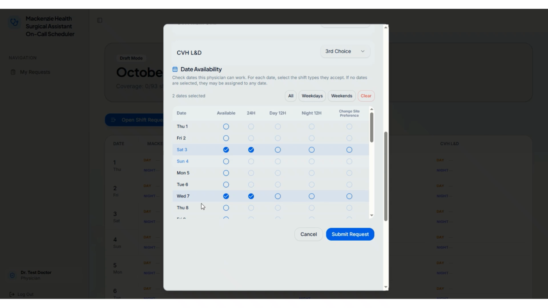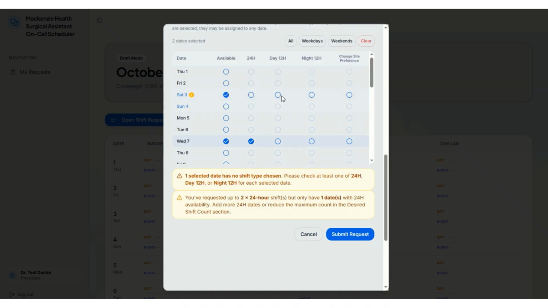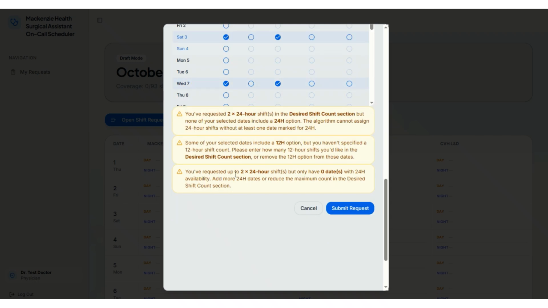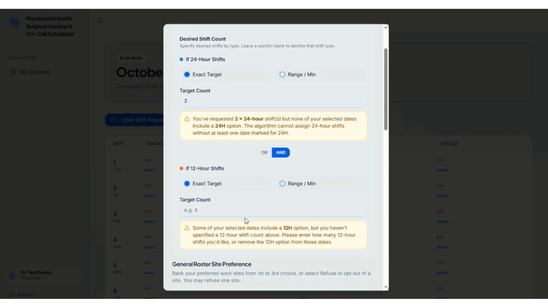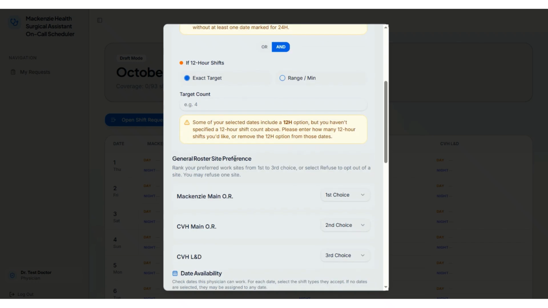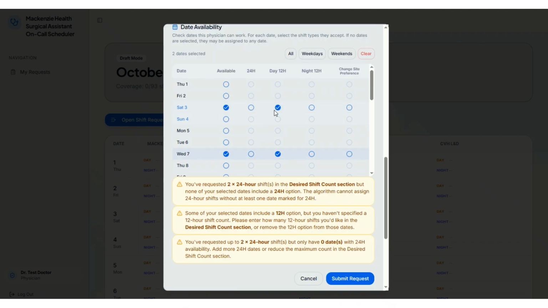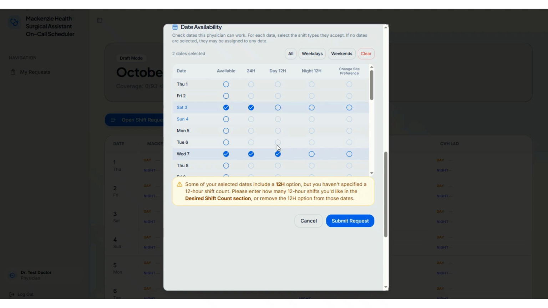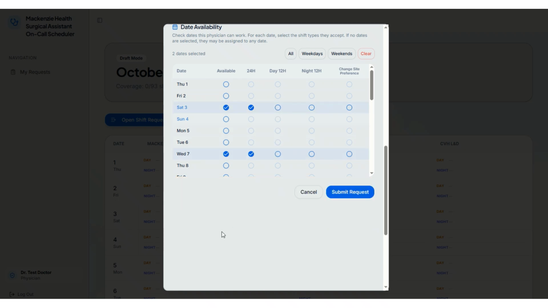and I can submit. If, however, instead of the 24-hour shift, I had selected 12-hour shifts over here, you'll see that this doesn't make sense. I've requested 24-hour shifts at the top, but I've given availability for only 12-hour shifts in the date section. And you're going to get warnings, and you have to fix the warnings before you can go ahead and submit your request. Once all warnings have cleared, click Submit Request,